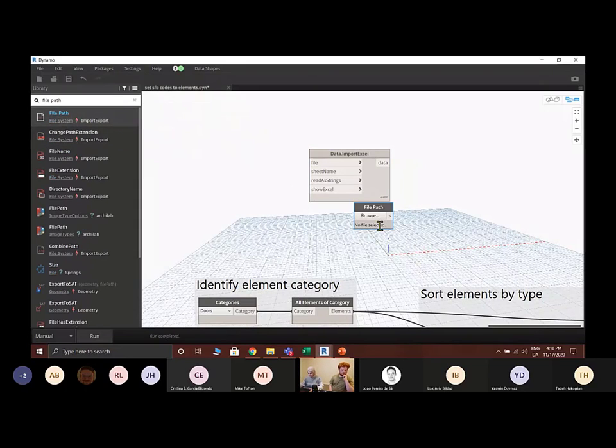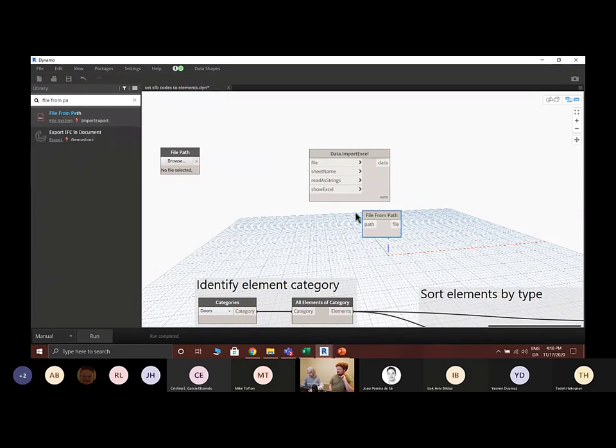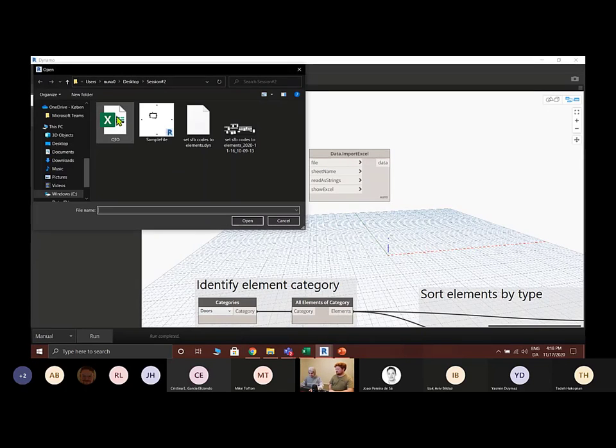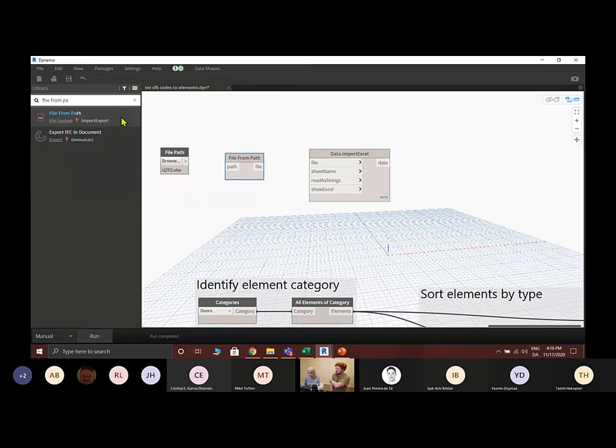So first we identify the path of our file. And then we use another node called file from path. And the reason why we're doing this is because file path is basically when you browse and then I select my Excel sheet that I want to use right now. This is my file path with the extension and with everything. However, this node is not a file. What this node is doing is